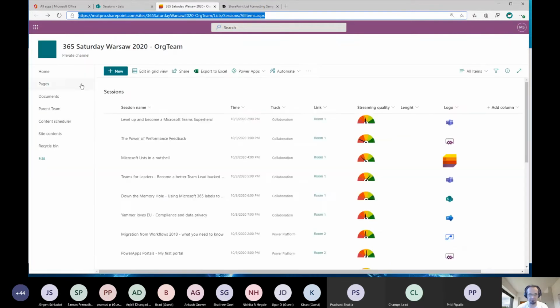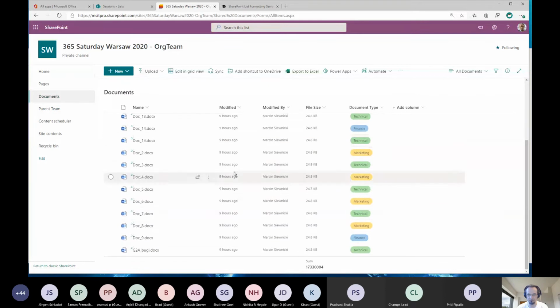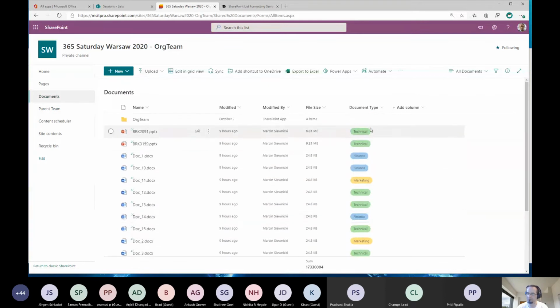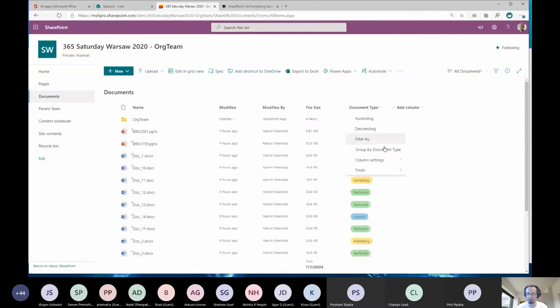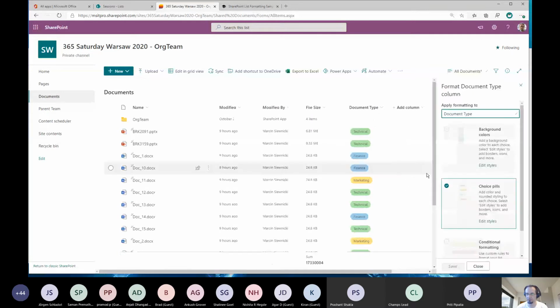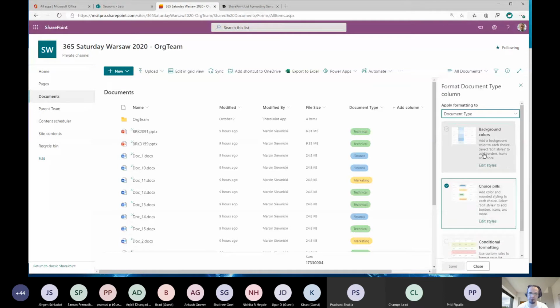But there's one more thing. If I go to documents, I uploaded some documents. So as you can see, same formatting options for document libraries. So that's really cool. I have also tiles, of course, not galleries. But I can go here and format this column, and there are the same formatting options like in Microsoft List and SharePoint Online List. So that's really cool.